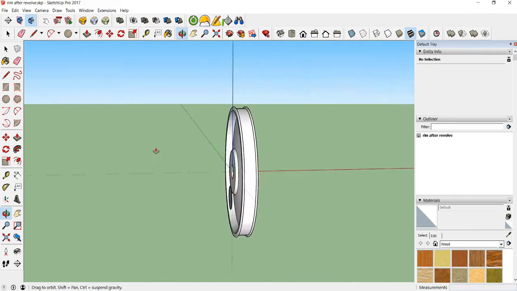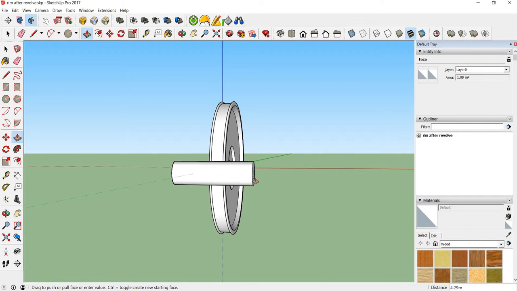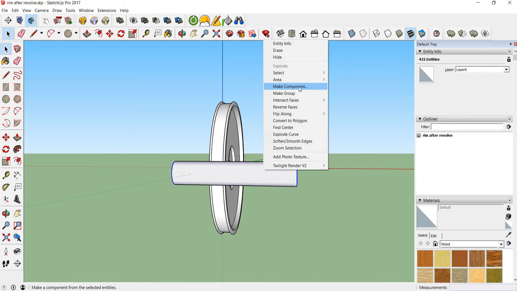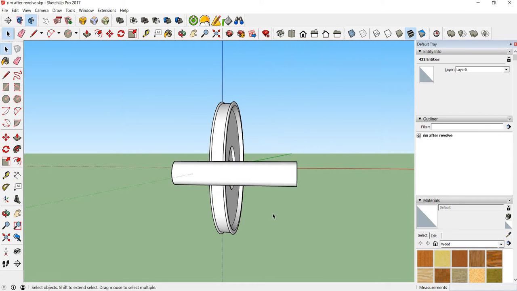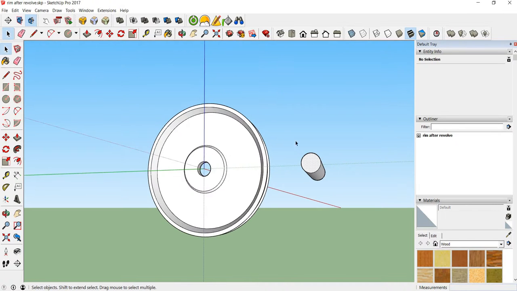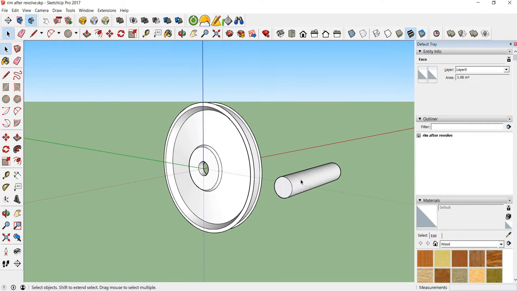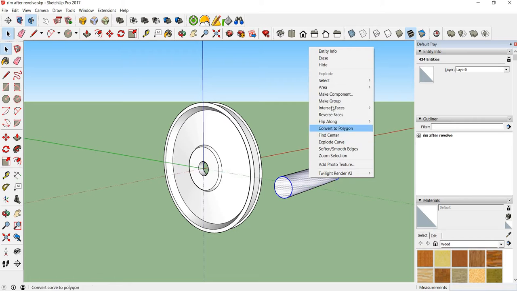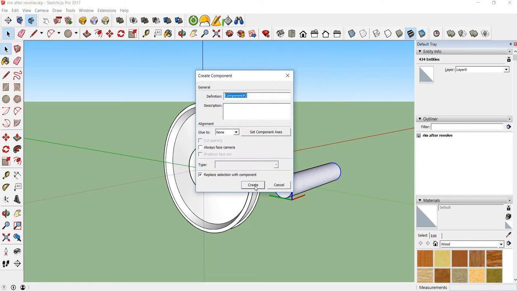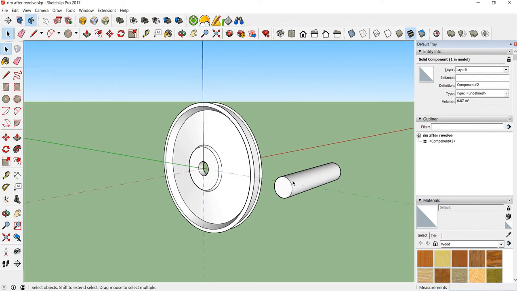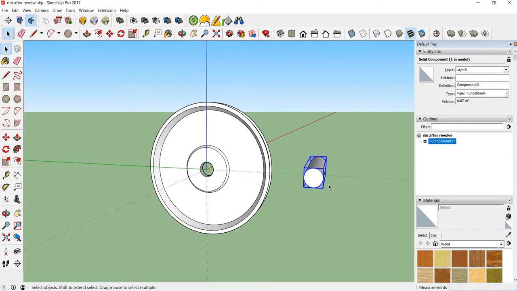Okay, push pull. We're going to bring that out like that, triple click it, make component, call it component 1, that's fine. Okay, for some reason it did not want to make the component create. There we go. Okay, so we're going to use the move tool, and we're just going to place it right